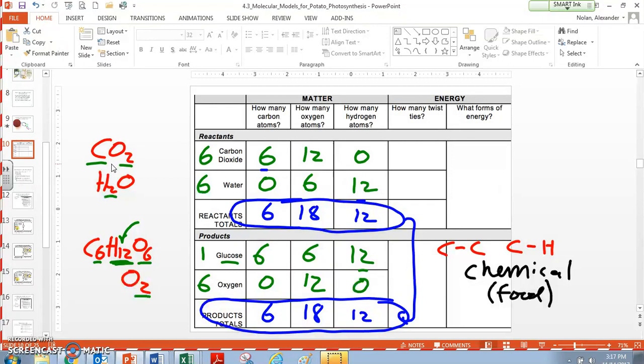If we look carefully at glucose, the way that glucose is built, I don't have a diagram here to show you, but what we would find if we were to count all of these bonds, we would find that there are actually 12 carbon-carbon and carbon-hydrogen bonds. And so there's like 12 units of chemical energy inside this sugar molecule. Well, where the heck did that 12 units of energy come from? Well, it came from light. To be specific, it came from 12 units worth of light,